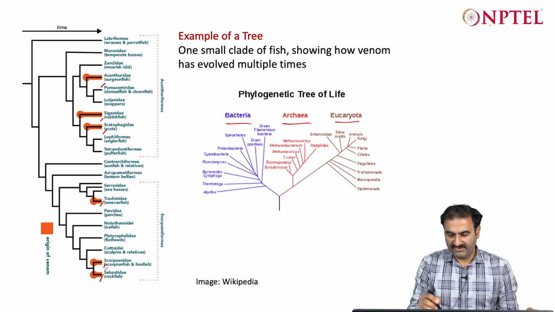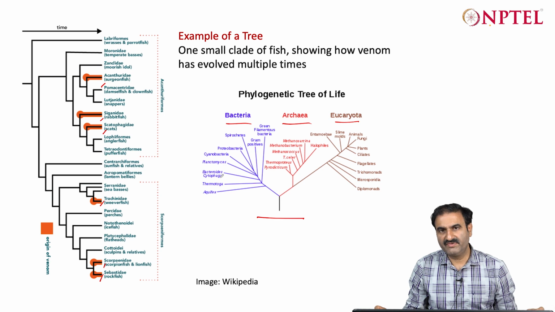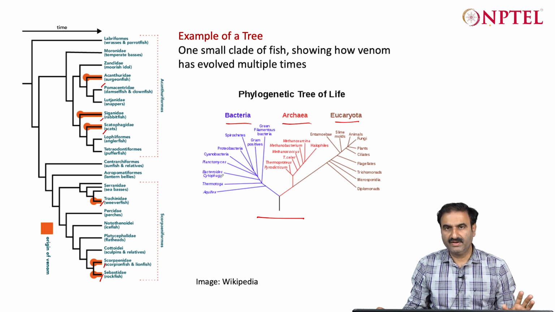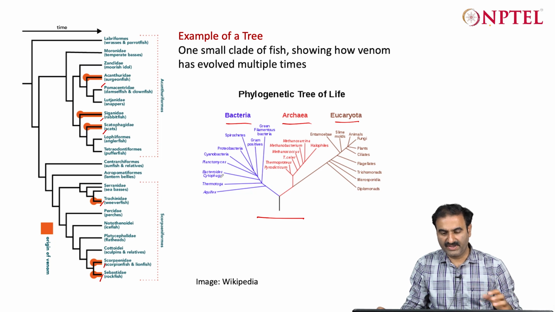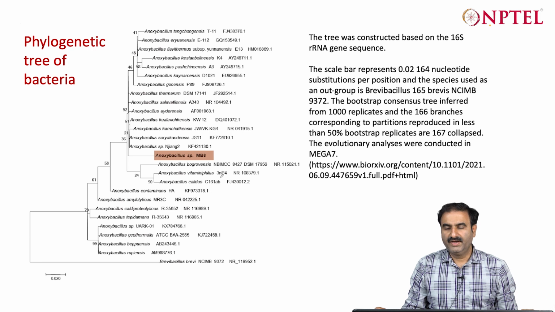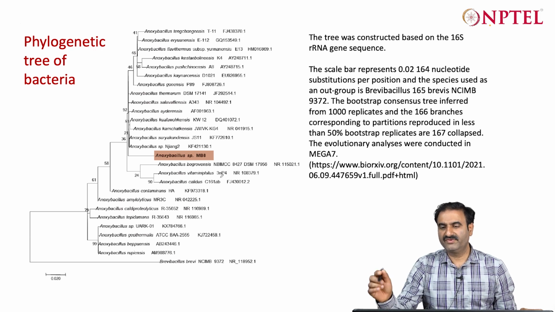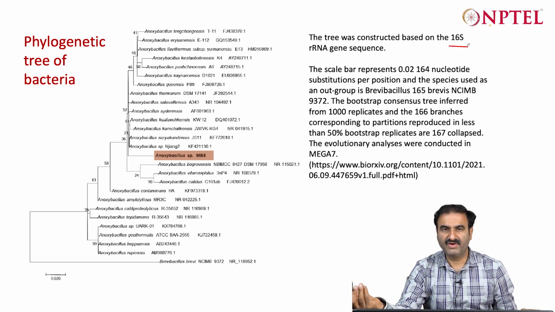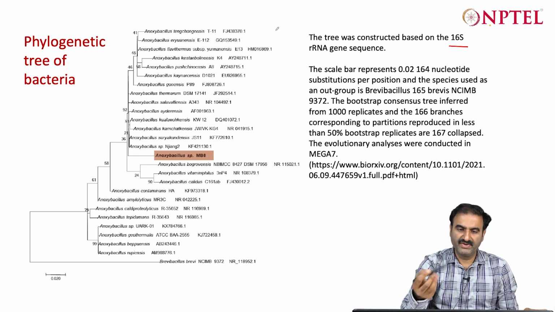Okay, and this is a tree of life where you can see the relationship between the different types of organisms that exist in that particular kingdom, or in the context of the entire tree of life, right? Now more specifically, using the 16S ribosomal RNA, which is a 1.5 kb gene that contains hypervariable regions and conserved regions and is present across all bacteria, you can construct a phylogenetic tree, for example something like this, where